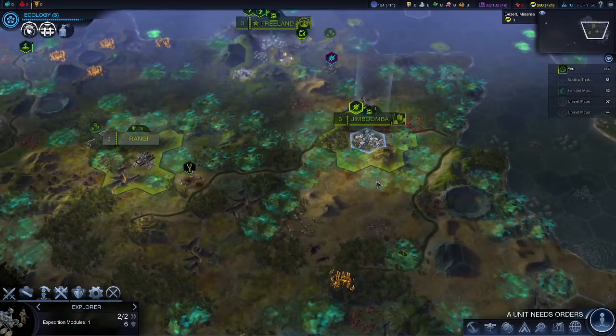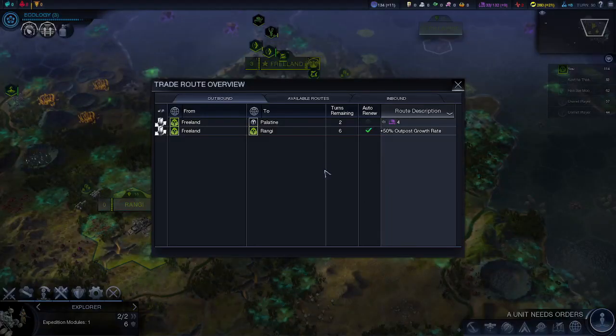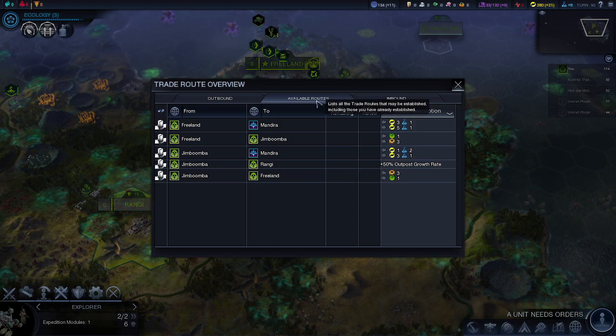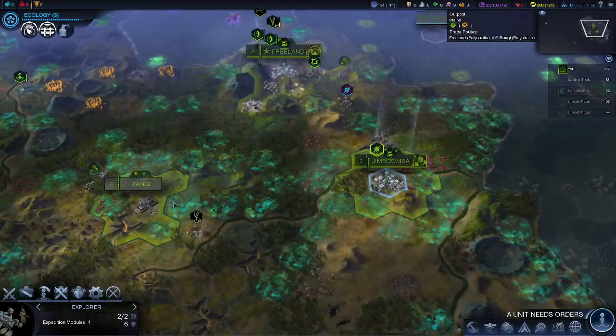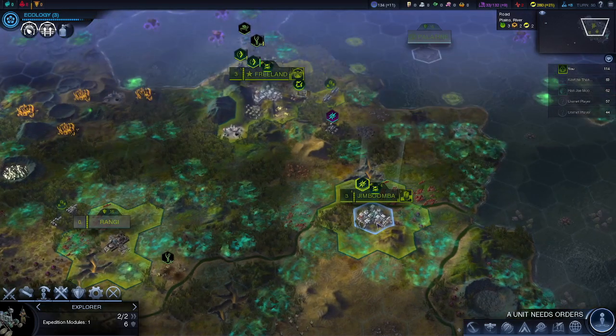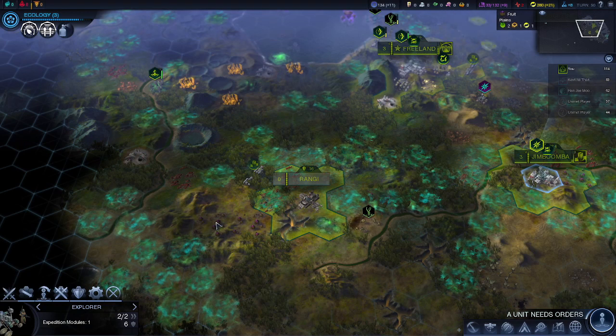In the last episode, I must have set up trade. Did I set up trade? Oh, just a bit. We have a lot more available. We have one capital of Freeland, Jimboomba growing pretty rapidly, and Rangi being settled onto this fungus and on these